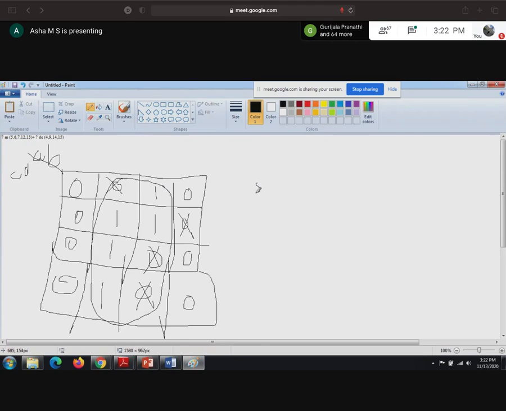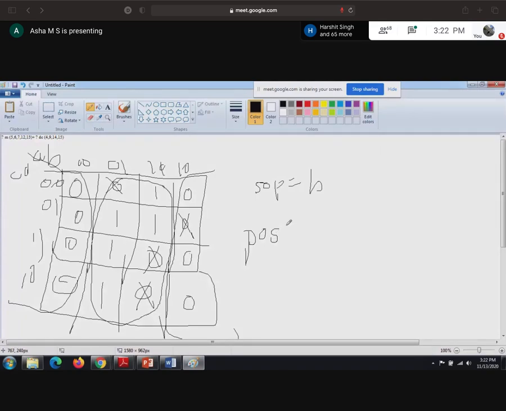So this is the octet you got. Okay, octet means it's like SOP equal to. So here 0, 0, 0, 1, 1, 1, 1, 0, 0, 0, 0, 1, 1, 1, 1, 0. So here these 4 terms will get cancelled. Here we are left with B. Okay, similarly, when you combine this again, you will get an octet. These four terms will get cancelled again. A will get cancelled. You are left with the B value.